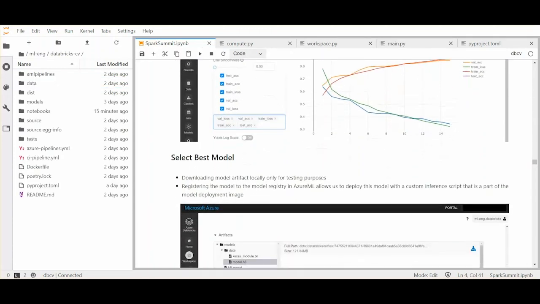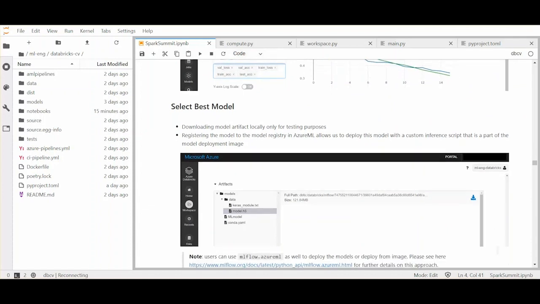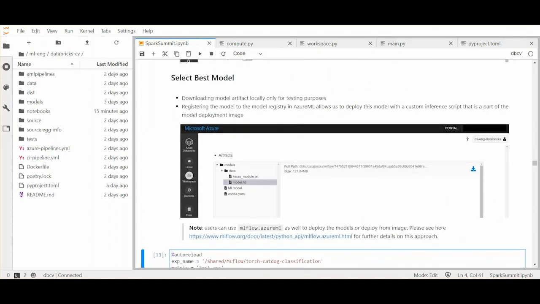Our next task is to automatically obtain the best model so that we can upload it to the Azure Container Registry. Given the ResNet 18 model using PyTorch yielded the best score, we will proceed with deploying this model over the course of the next few steps. From the MLflow UI, we can see the model artifact that we want to register in this screenshot. And the reason for this step is so that we can deploy our model as a web service in Azure using a custom inference script. An alternative approach is to use mlflow.azureml to deploy the model or deploy from an image. Please refer to the provided link here for additional documentation. To execute this step,